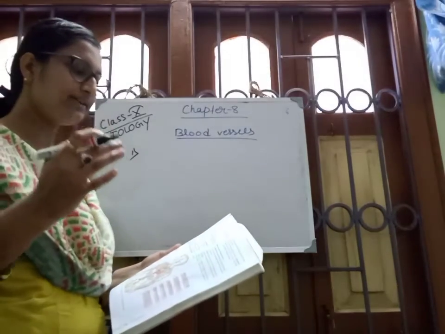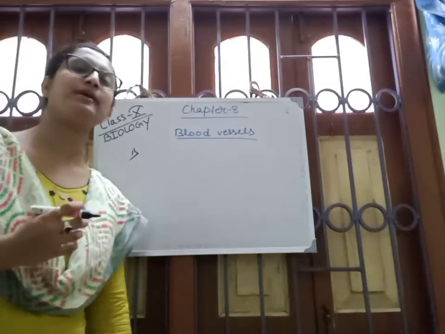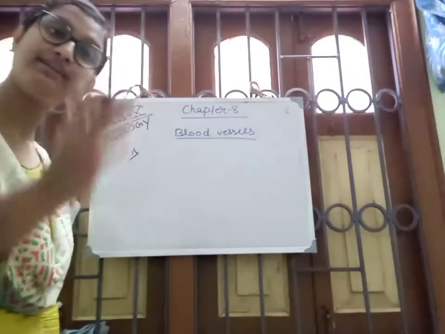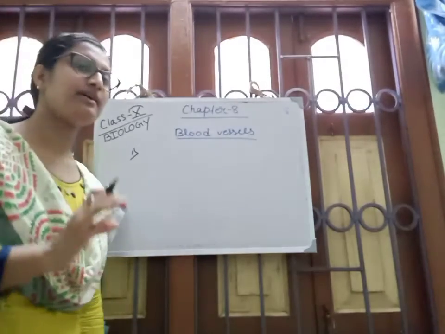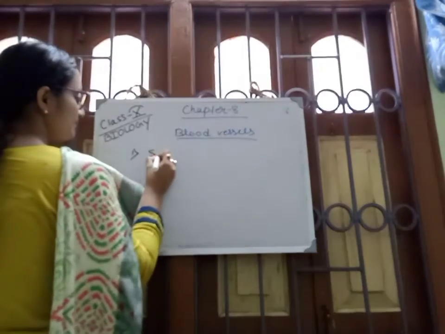The right auricle receives three types of blood vessels. The right auricle receives the superior vena cava,